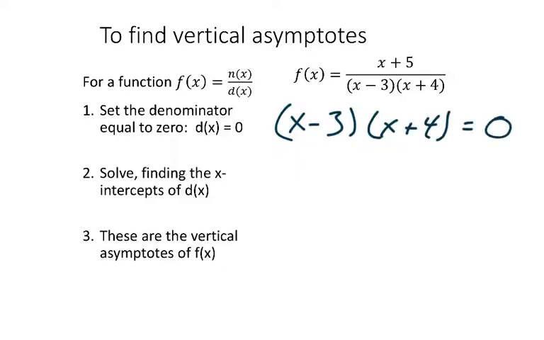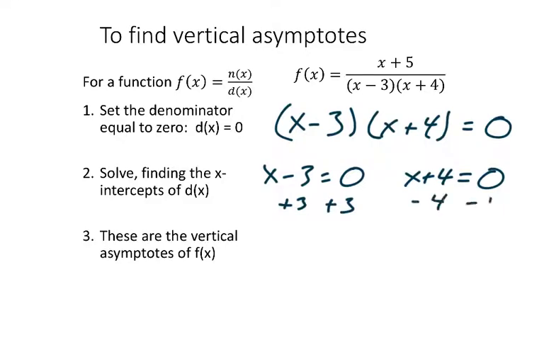And then I can find the x-intercepts. I'm going to use the zero product property, which allows me to split these up, because anything times 0 makes 0. And then I can solve these individually. And notice we're using the same skills as with the x-intercepts. And then these are the actual equations of the vertical asymptotes because they're x equations, they're vertical lines, so it's